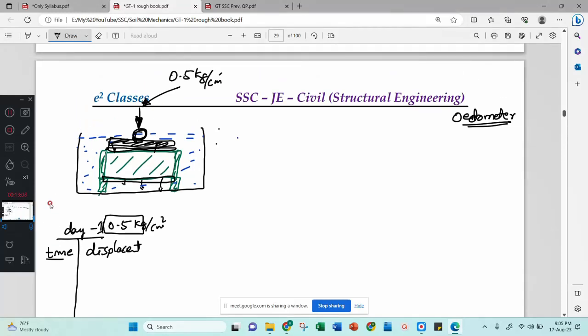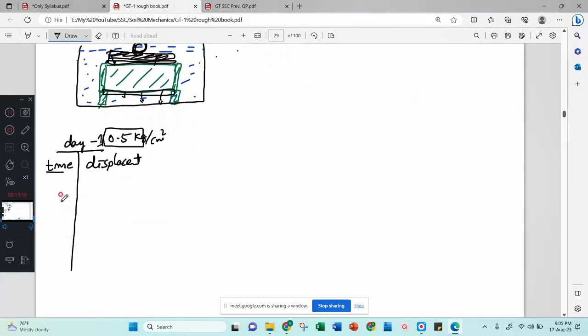I already told you that the consolidation process will happen under a static load. Static load means 0.5 kg per centimeter square, that you cannot increase and decrease. Just keep it constant. Okay, then when you keep this constant, first at 0 minute, just read the displacement, that will be 0, and then you read a reading at 1 minute. Then you will write the displacement, then double the time, read the displacement, double the time, read the displacement,